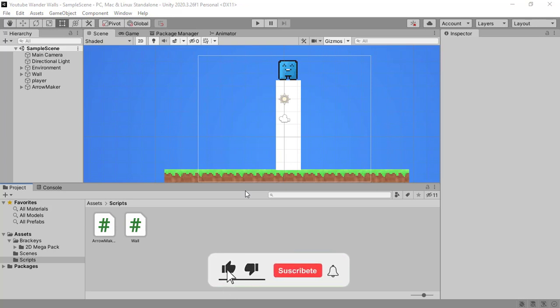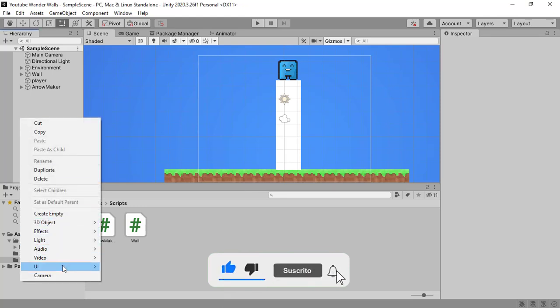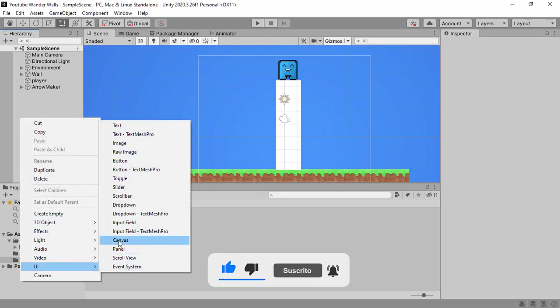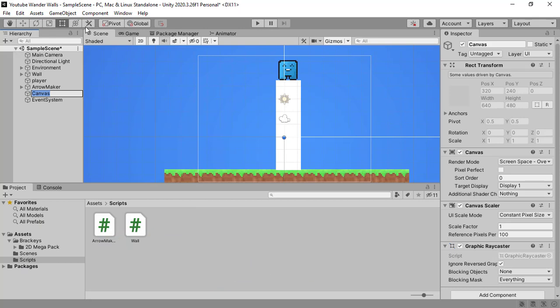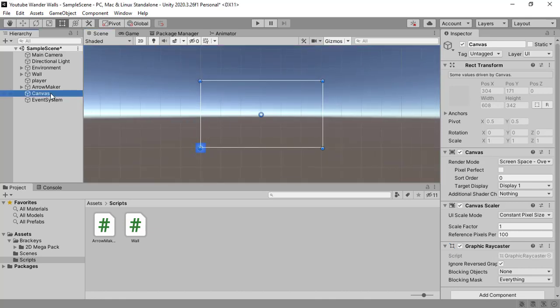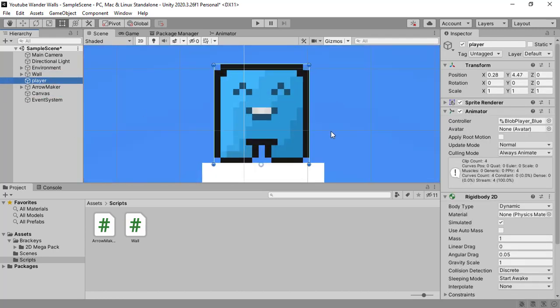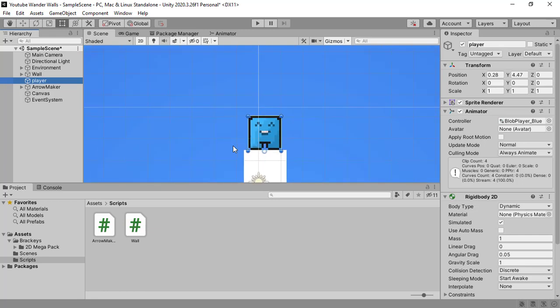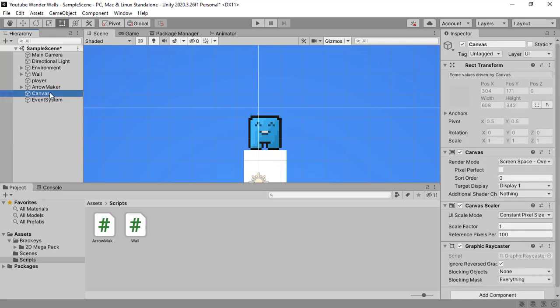So now let's start by creating a new canvas, UI canvas. And what is exactly the canvas? We want, when the arrow hits the player itself, to show a text that says game over, and we cannot continue playing. So for doing this, first of all, we have to create a canvas,